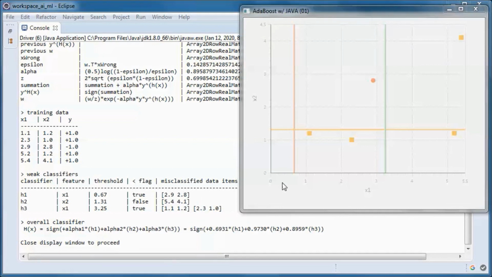And next, let's try to classify a couple of data items. So maybe one here, 2 and 2, and another one here, 4 and 1.